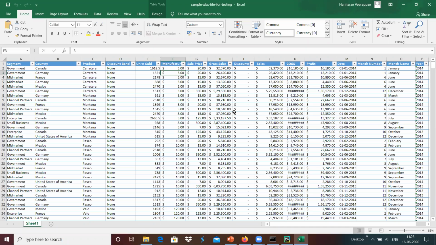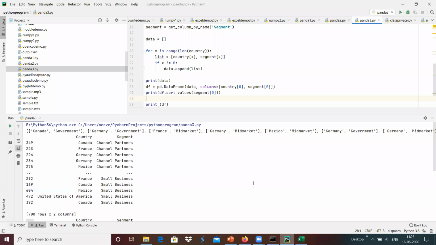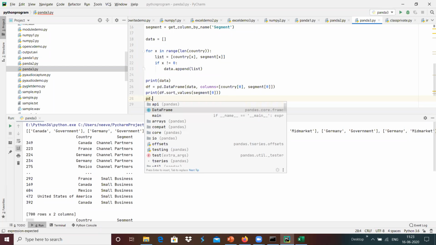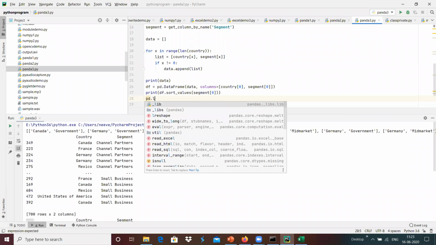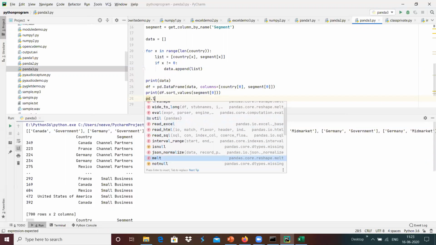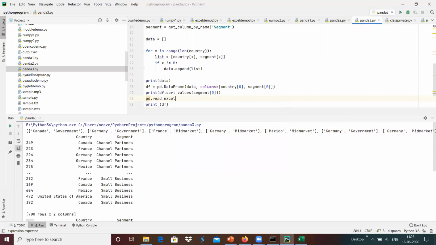We can see that now with pandas dot read Excel over here.